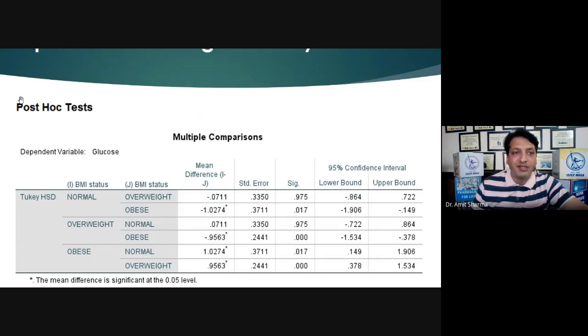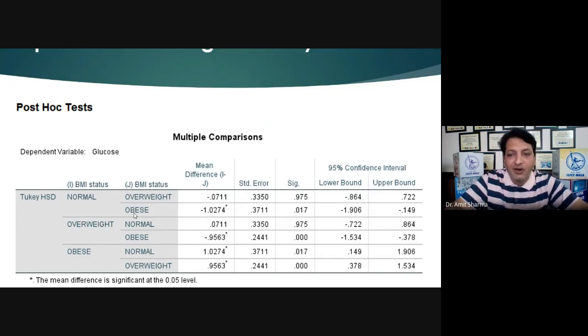It is going to represent which variable is directly proportional to your dependent variable. That means which variable is having a direct effect on the glucose: the normal, the overweight, or the obese. And it is going to compare normal with overweight, normal with obese. That means all the 3 groups will be compared with each other.